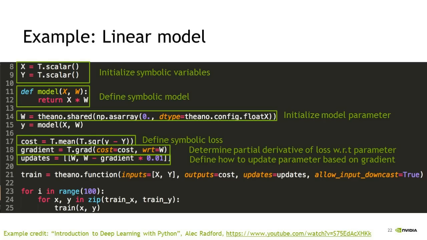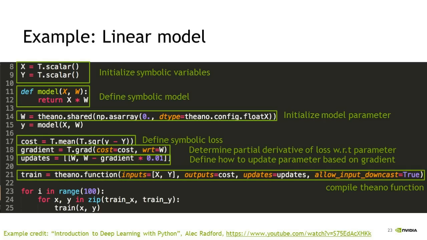using that gradient. So I believe I just saw a question come through on the chat about how backpropagation is implemented in Theano. This is how backpropagation is implemented in Theano. You define your cost, you define gradients, you define how to update your parameters based on those gradients. You then have to define a function that will compile these symbolic expressions down to efficient C or CUDA code. Again, we have to define our inputs and our outputs, but this time we also tell it what symbolic expression to use to update our parameters each time this function is invoked.